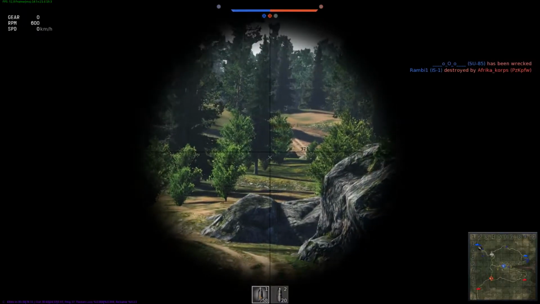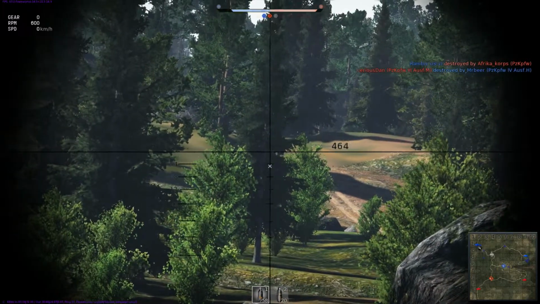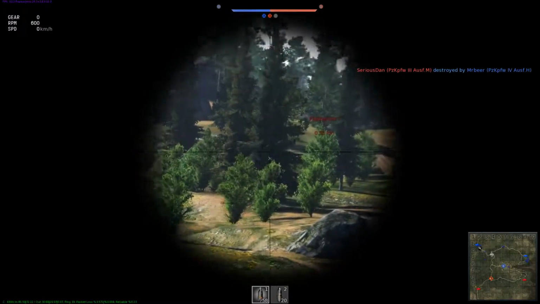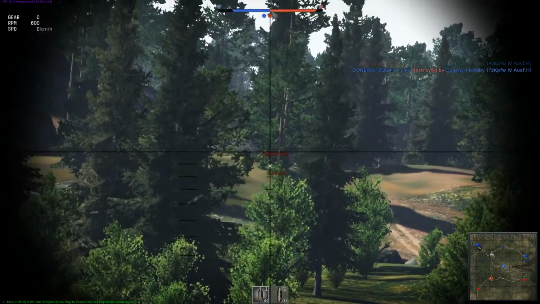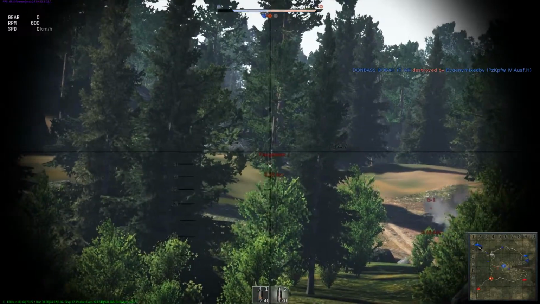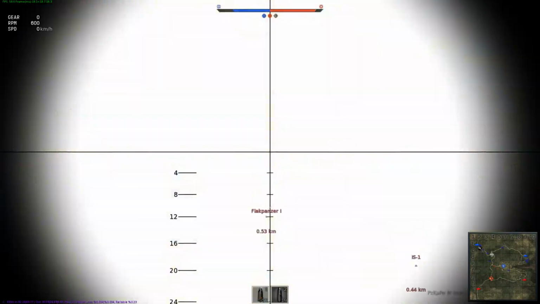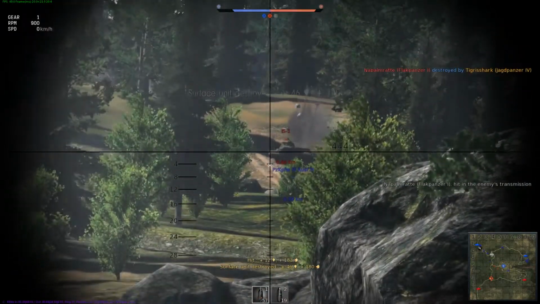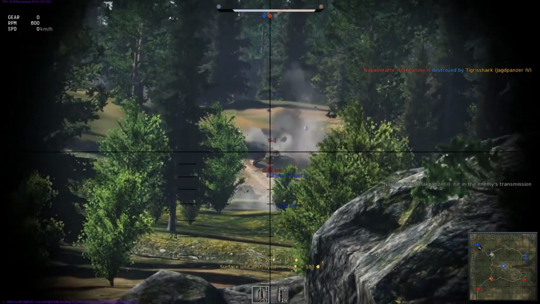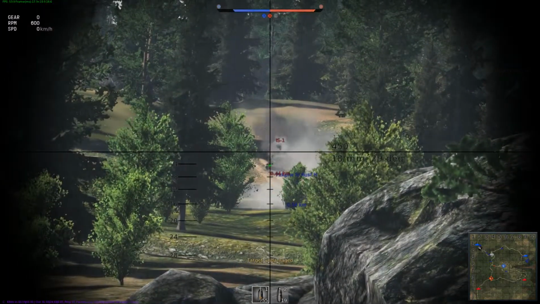So I really like this, and now I've seen in the distance something moving. I'm waiting, and there it is. I'm trying to shoot at him. It's a Jagdpanzer. So he's shooting at me, and I've shot him with my HE. And there's an IS-1, so I'm in big trouble here, trying to shoot him, even though it shows me that